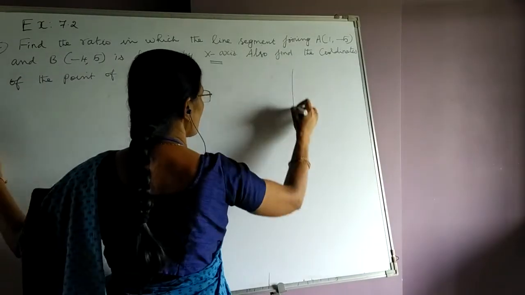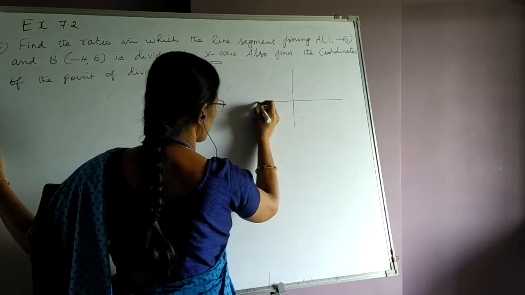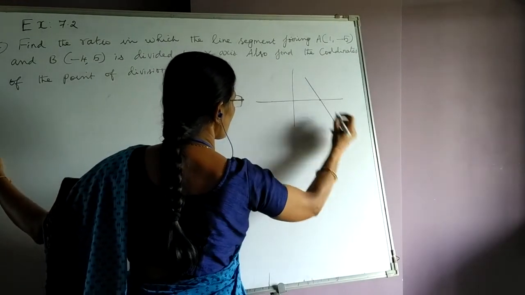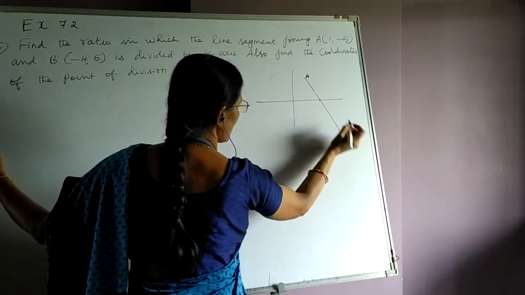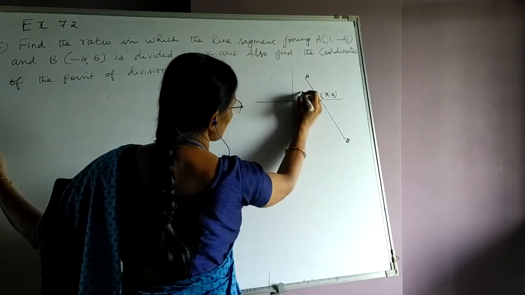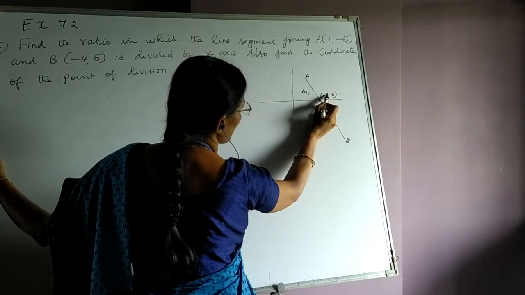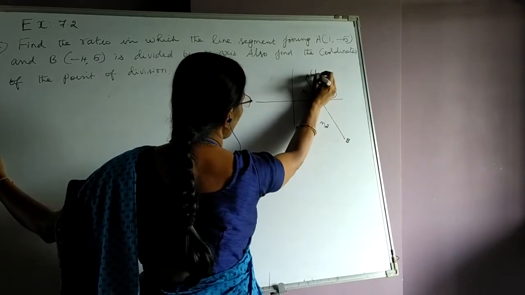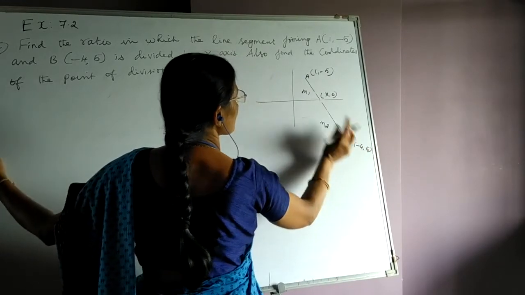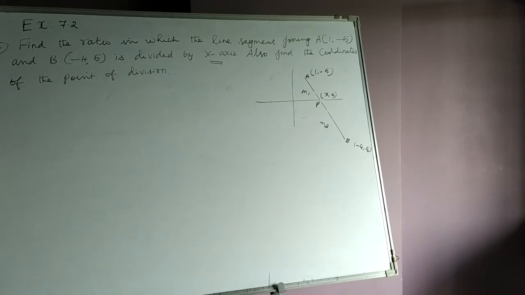Hope you understood. This is the x-axis. A point on the x-axis, we don't know whether it is here, here, here, anywhere, but it is a point on the x-axis. It divides the line segment AB. Because it's on the x-axis, it is of which form? Y is 0. The ratio is asked, m1, m2 is asked, and we are supposed to find out the value of x also. A is (1, minus 5) and B is (minus 4, 5). This is the rough figure of the given question.